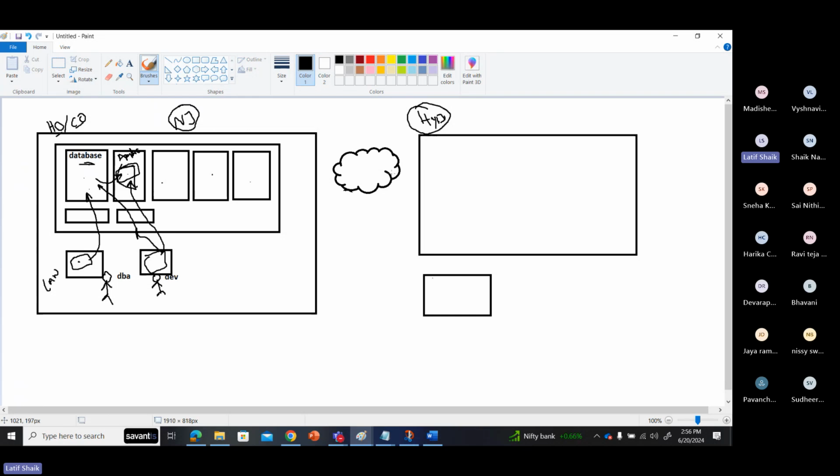So what do I have to do? I have to give this server a public IP address, and connect it to the internet. Then you will be able to access your database server.